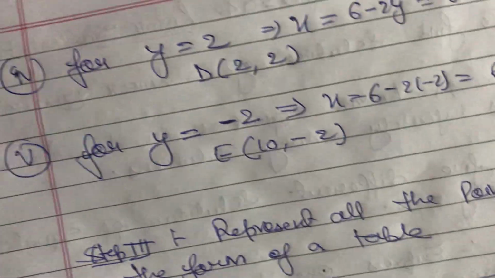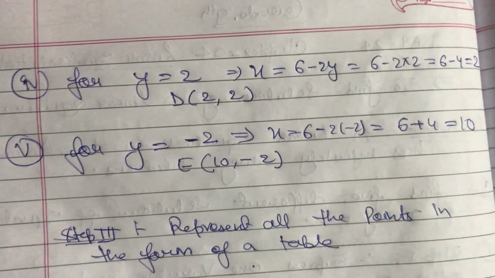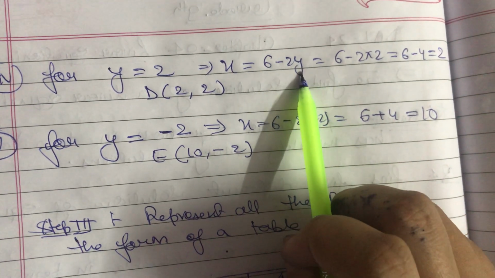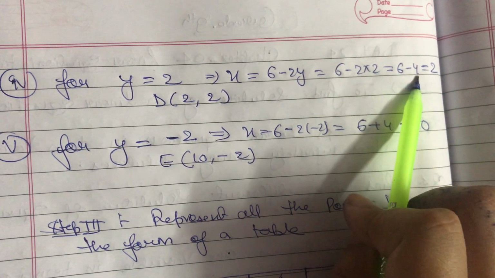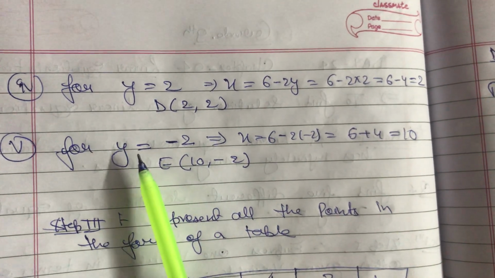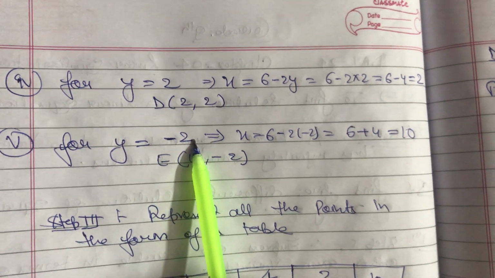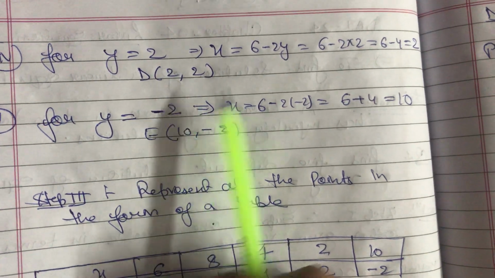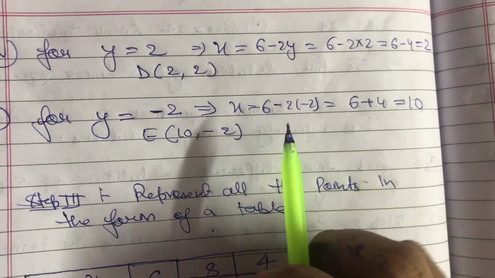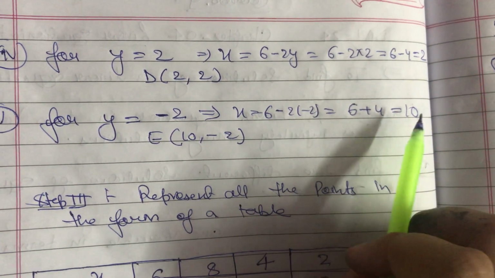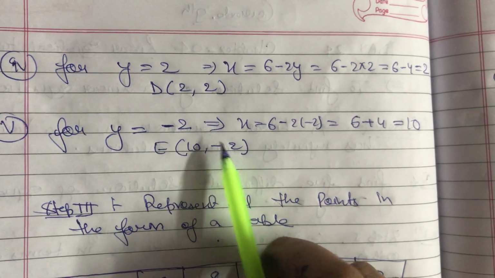So moving ahead, I have to find 2 more points, right? If I take y equals to 2, then in the same equation I'll write 2 at place of y. 2 2s are 4, so 6 minus 4 is 2. So the next coordinate is x equals to 2 and y equals to 2. And at last, if I take y equals to minus 2, as you can see once I'm taking positive, after that I'm taking negative, so that I can get a clear picture on the entire graph sheet. So here 2 2s are 4 and minus minus is plus, so the value of x will be 10. So x is 10, y is minus 2.